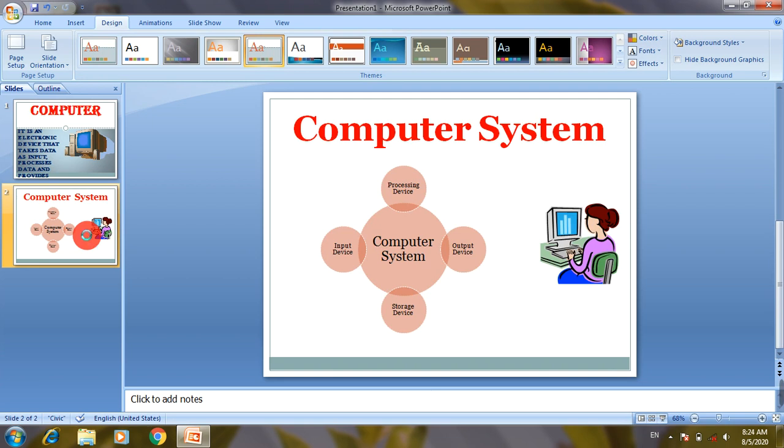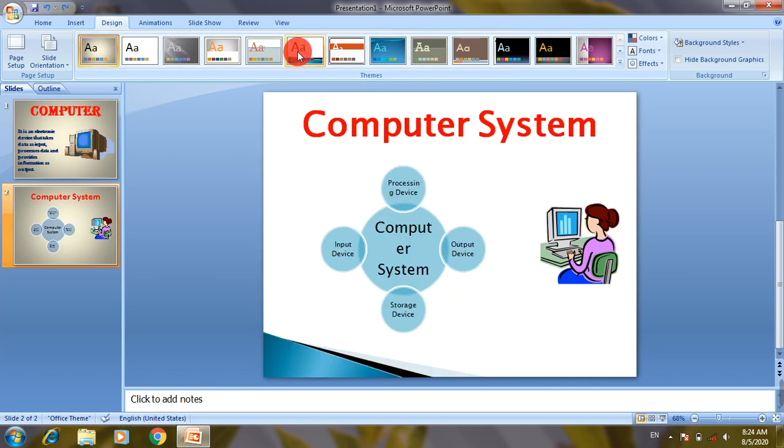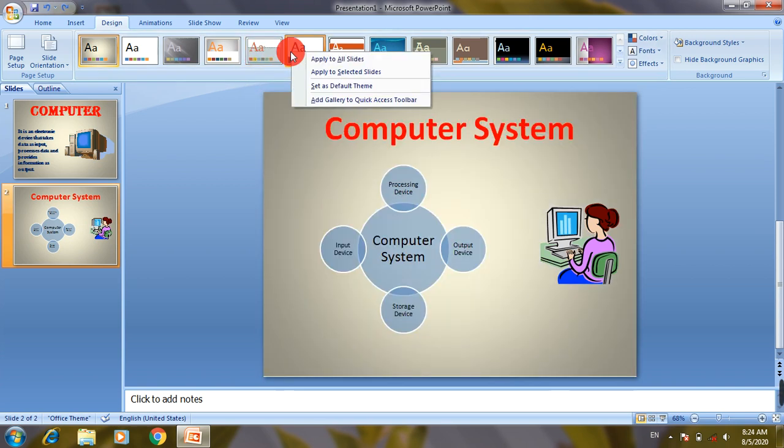But if you want to apply this change for only the second slide, you have to right click on the theme icon, and you can see the first option is apply to all slides. So if you choose this, this particular theme will be applied to all slides of your presentation.